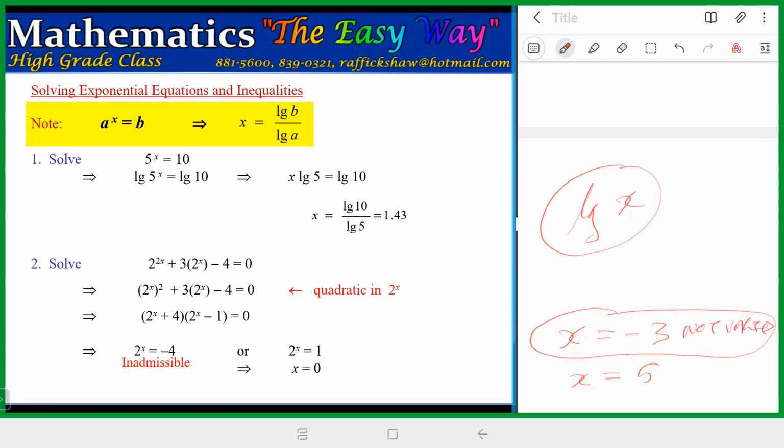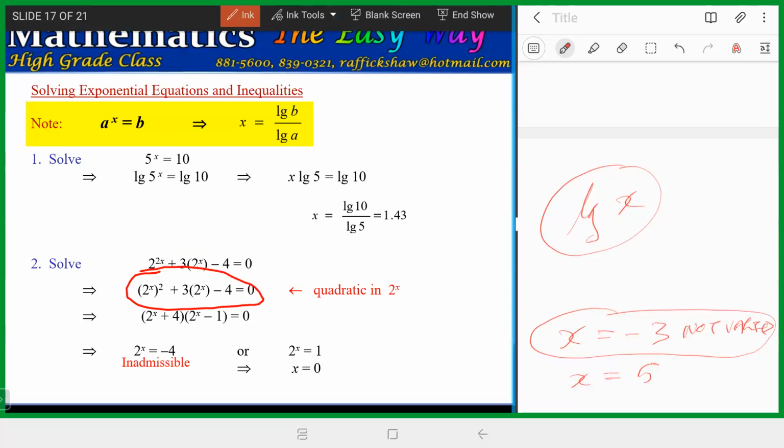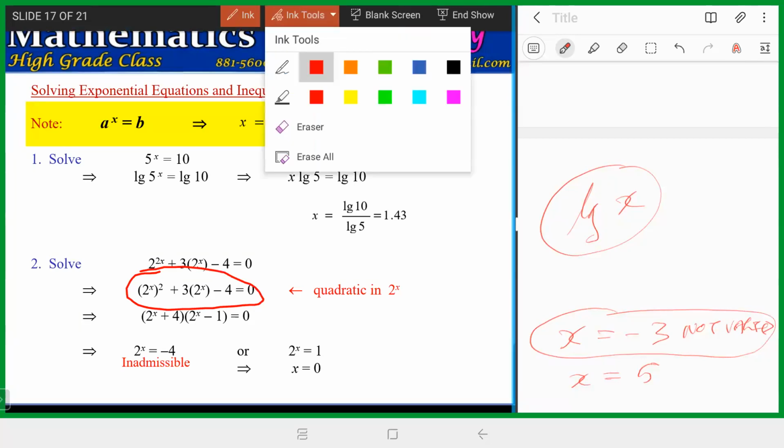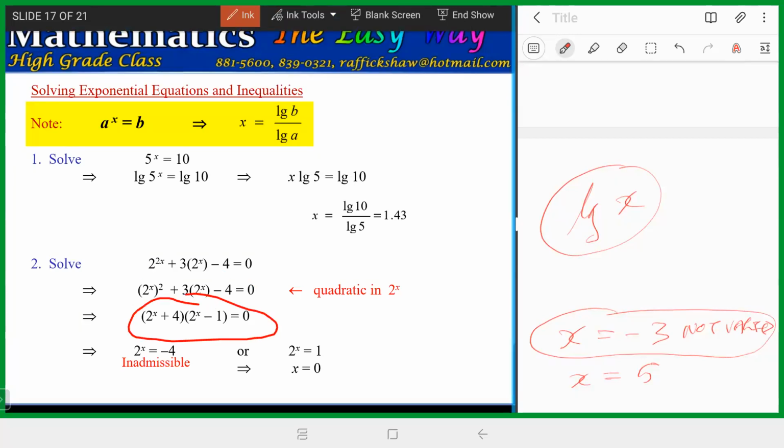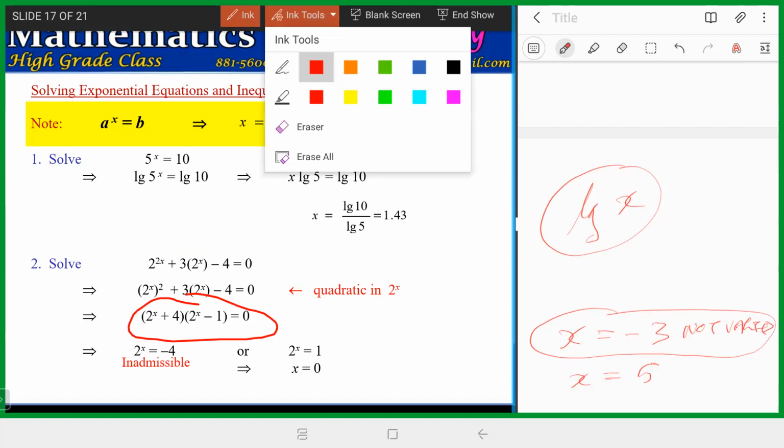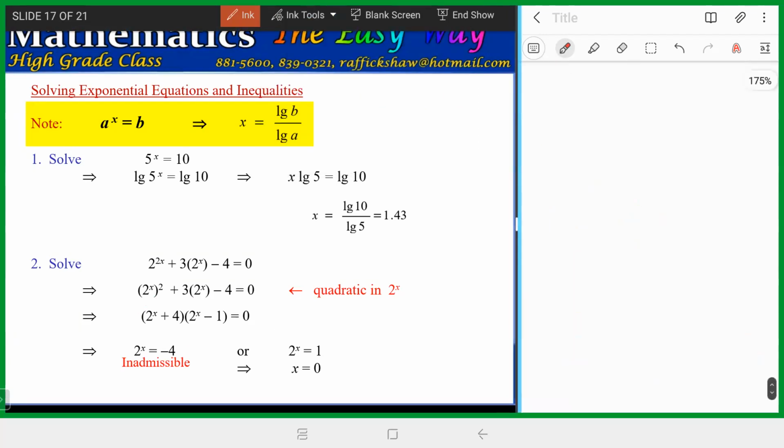You have a question? This line? This one? I factorized. All right. So what some persons would do, right? So this line,